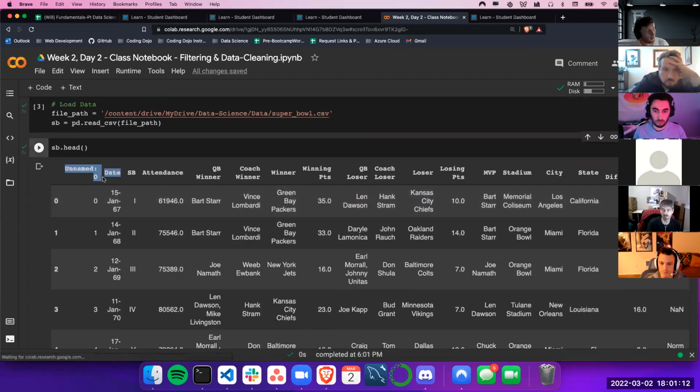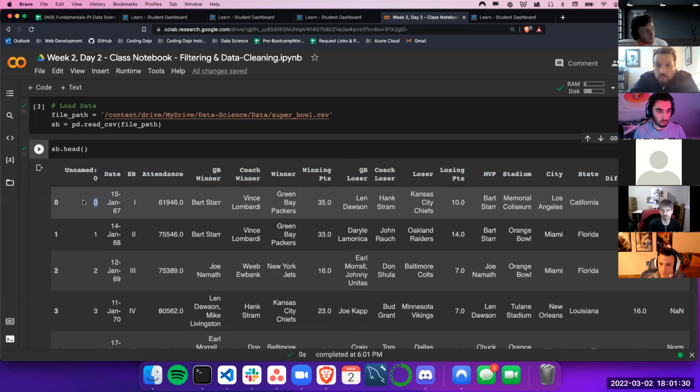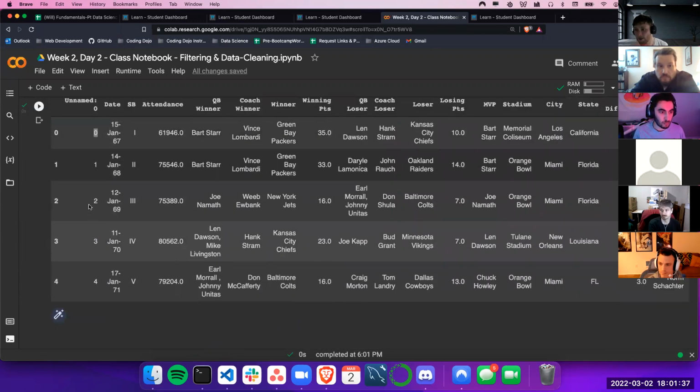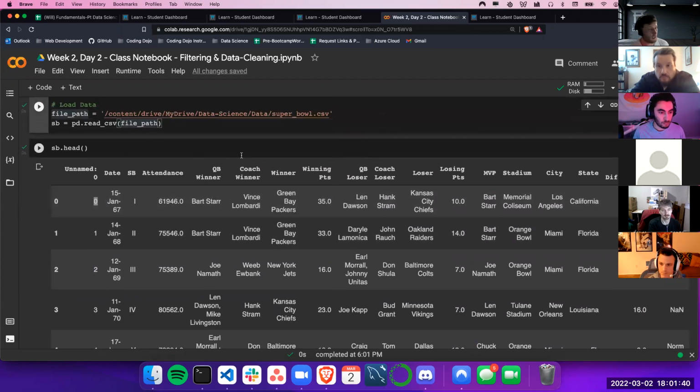Now, already I've got this unnamed piece right here that we're going to have to attend to, right? This unnamed value, where sometimes this happens where I've got this data and it's already set up as like a pandas data frame, but then when I load it in, it creates another sort of index. So what I can actually do is say something like this. If I get this, and these are the exact same, and there's no point in having two of the same, what I can do is I can define my index by saying something like this. You say index_col